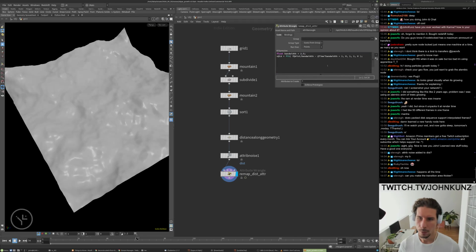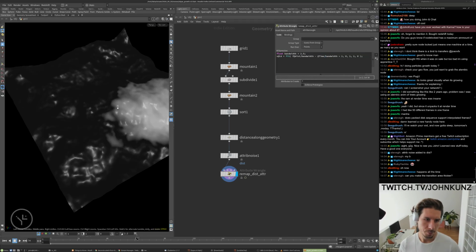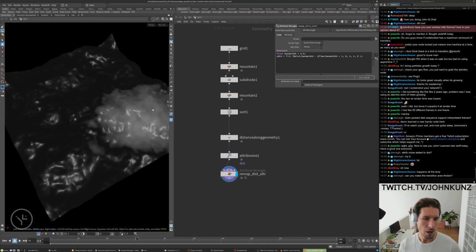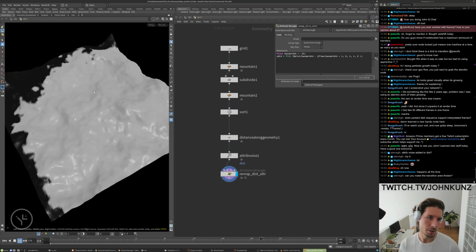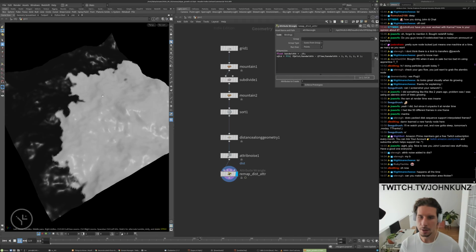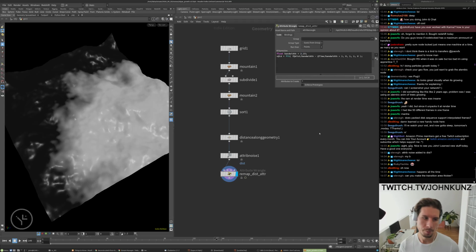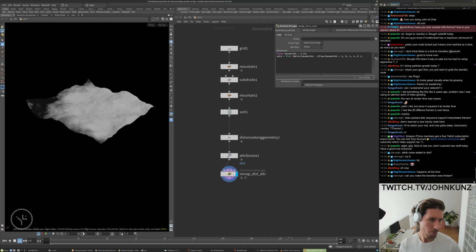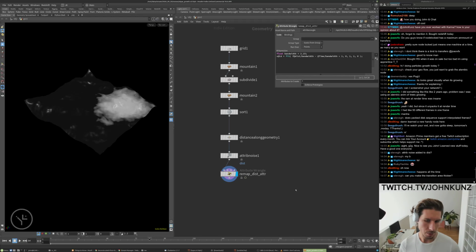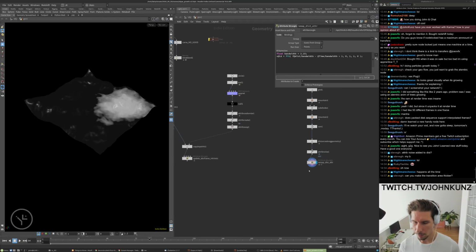Might have to just divide both of them by it. Yeah, I think that's what I was trying to do. So basically this is now a nice way to control the distance or the blending range. So we could hook this up now and visualize it with